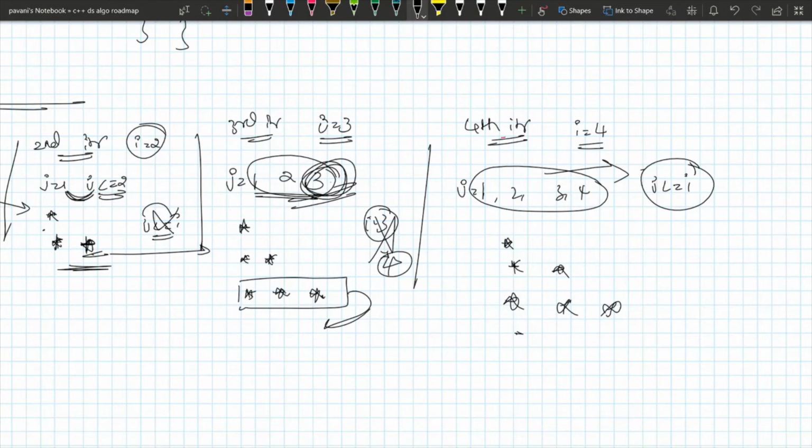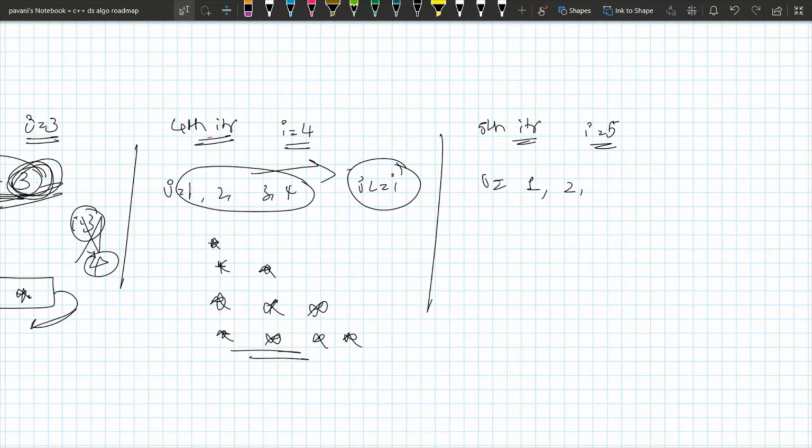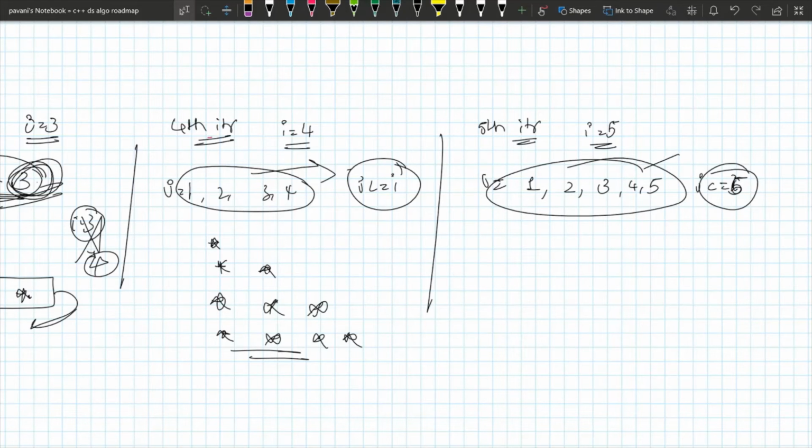And in the fourth iteration it prints 1 2 3 4, 4 stars, right? For the fifth iteration, I value became 5. The possible values for j to hold the condition j is less than or equal to I are 1 2 3 4 5, since I is 5. So these are the possible values. And now it prints like